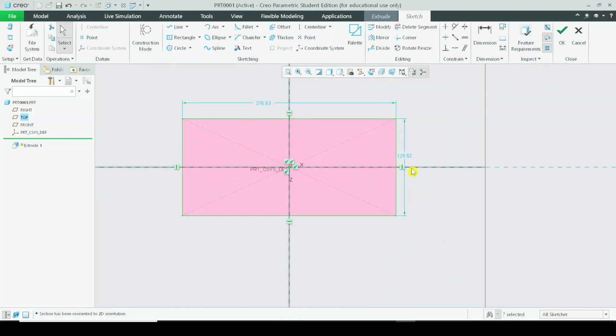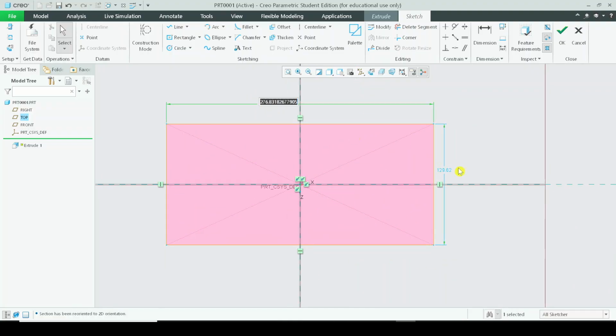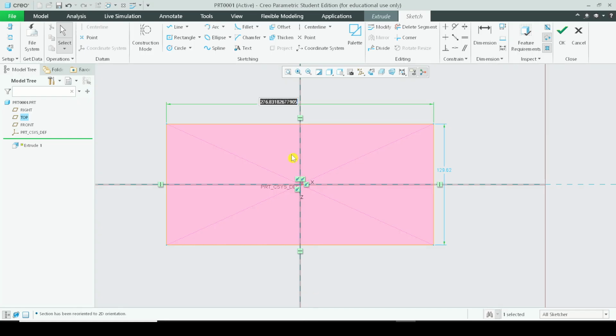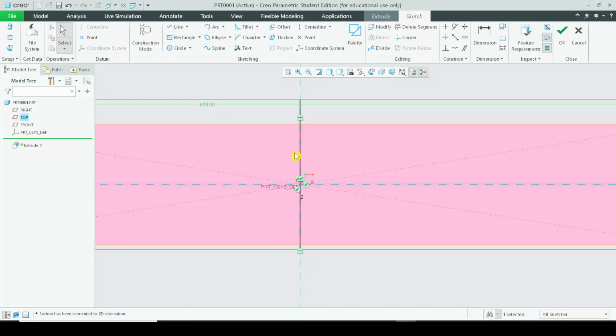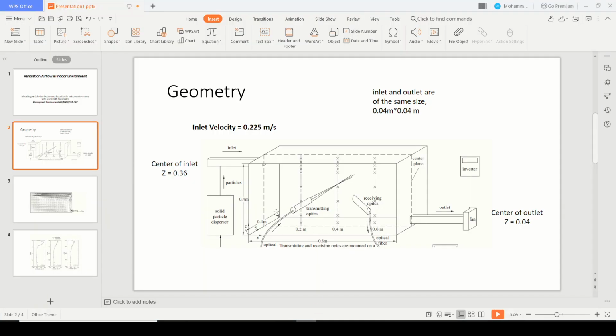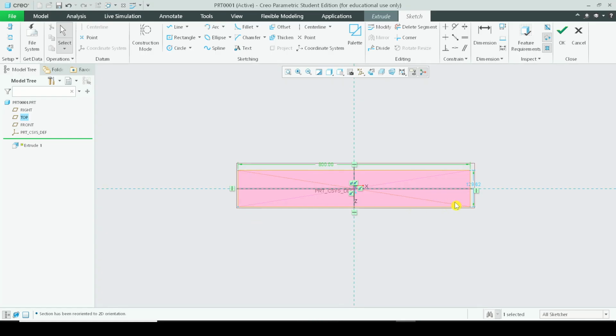After that, align the view to normal and let me enter the value of the length, which is equal to 0.8 meter. 0.8 meter multiplied by 1000 mm, that is equal to 800 millimeter. And the width of the room is around 0.4 meter, so that will be equal to 0.4 multiplied by